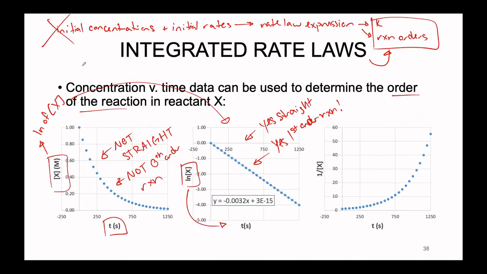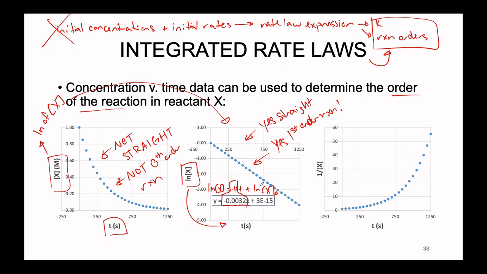All right, so if we come back to our data here, now this linear line is going to correspond to the natural log of concentration X is equal to negative kt plus the natural log of our initial concentration X. And so our rate constant k here, our negative k is equal to negative 0.0032. In other words, our k is equal to